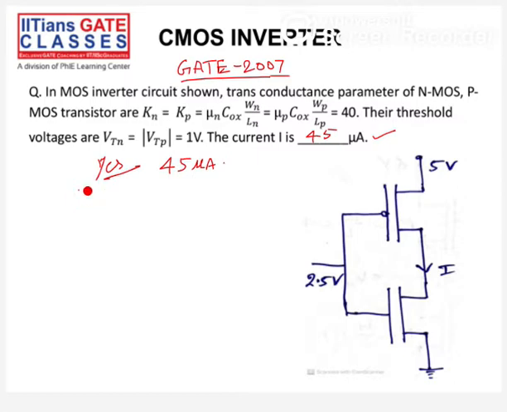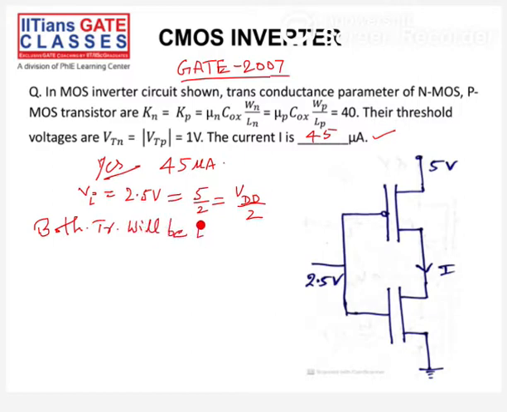We can see Vi is equal to 2.5 volt, and it is equal to 5 by 2, which we can write as VDD by 2. If it is this condition, in that case, both of our transistors will be in saturation. If both transistors are in saturation, in that case, IDS for any one transistor